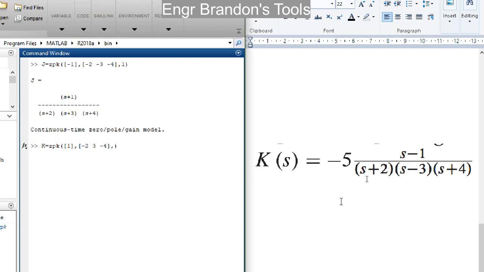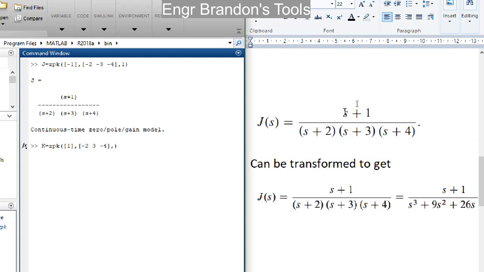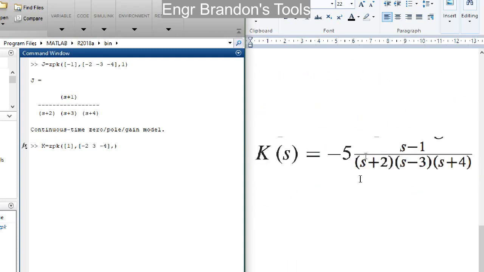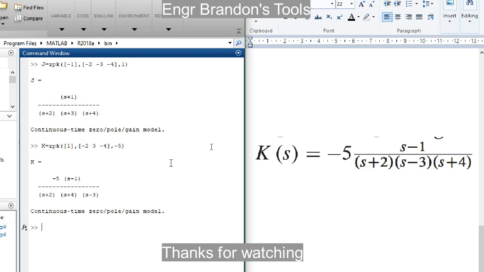Then for the gain, I said the gain is usually multiplied by the numerator. So for the first example, we had this. There was nothing that was multiplied by the numerator, so we took the gain as 1. But for this example, we notice that there is a certain -5 here multiplied by the whole function, which is the same as being multiplied by the numerator. It means our gain here is -5. So I'll enter -5 for the gain. So if I hit my enter button, we notice that k is exactly the same as here. So that is the third method of defining